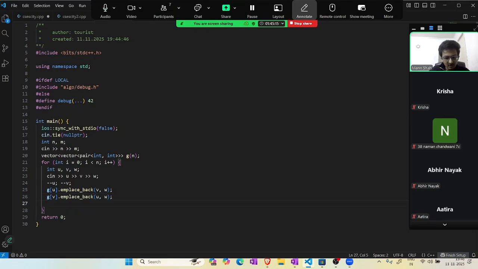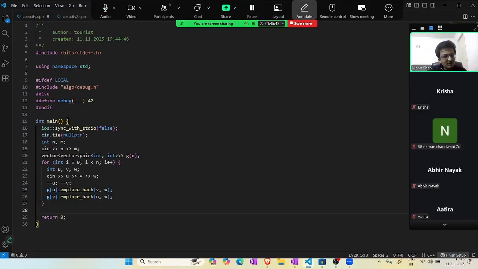And now for Dijkstra you need to use a priority queue, because a priority queue is a data structure which stores these pairs in sorted order, and it can give you the smallest pair in log n time. Basically, you can find the vertex which has the shortest distance in log n time for every query, and since you only do this n plus m times, the total time complexity becomes n plus m